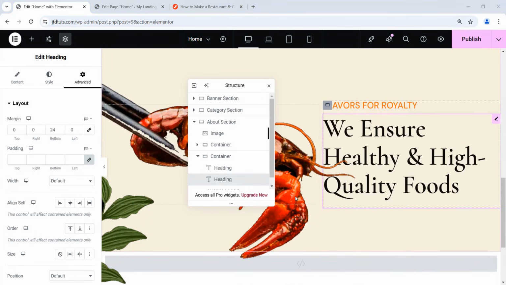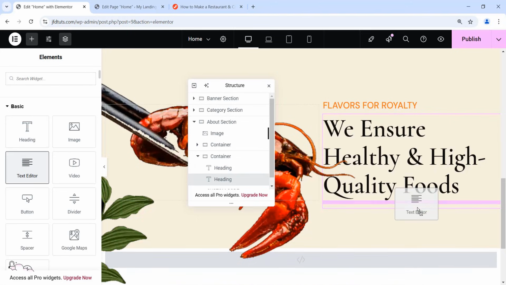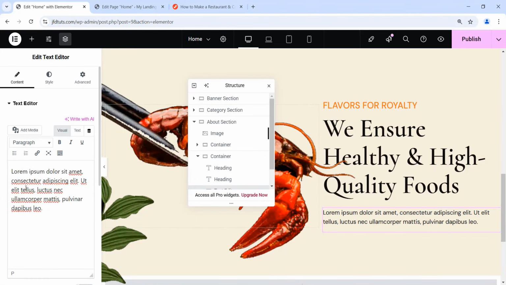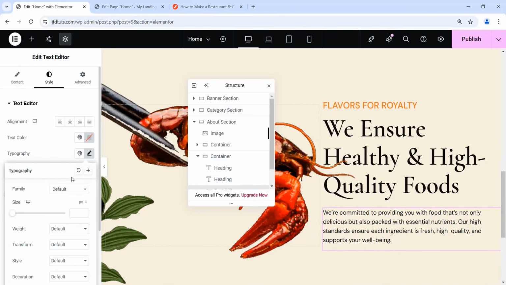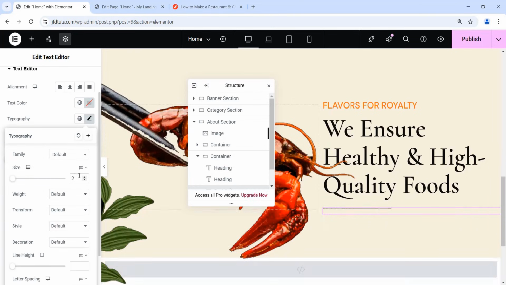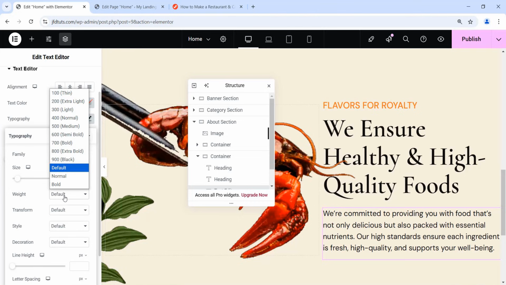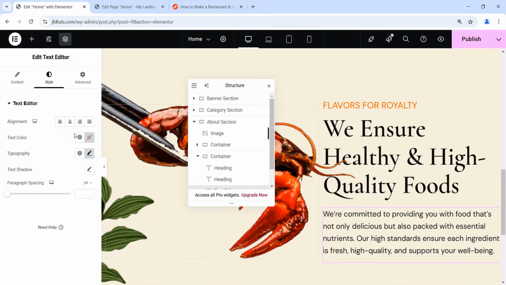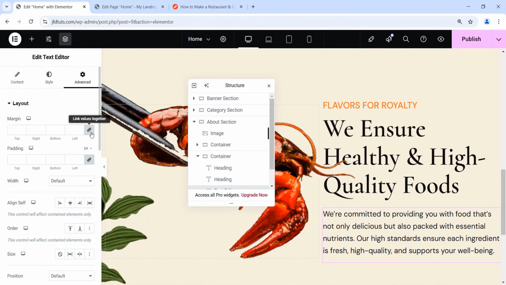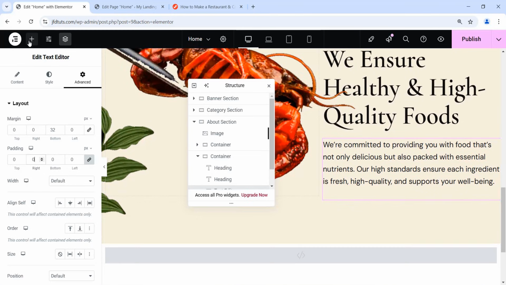Alright, so after this heading, let's add a paragraph or text widget. Drag this text editor in here, change the text to this, then go to the Style tab, make the typography, keep everything default but the size 20 pixel, then weight 400, line height 32. Then go to the Advanced tab and unlink the margin just on the bottom 32 pixel, and keep the padding all 0. Then after this text, let's add a button